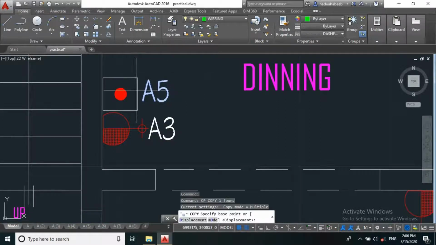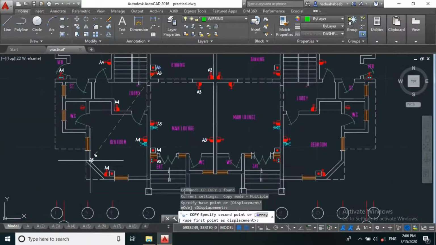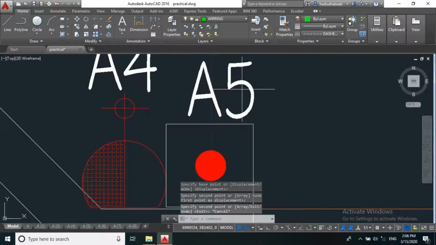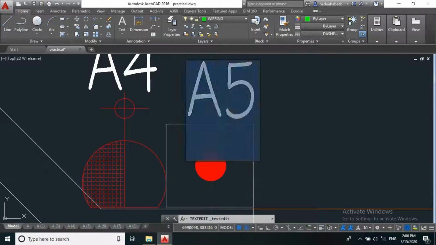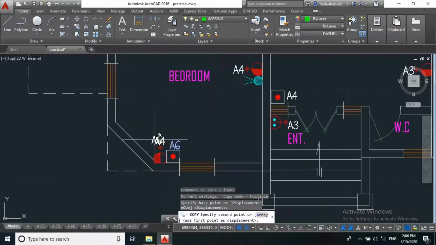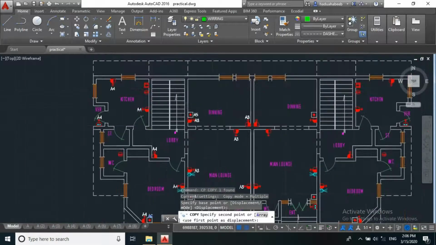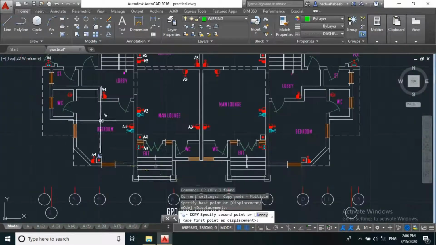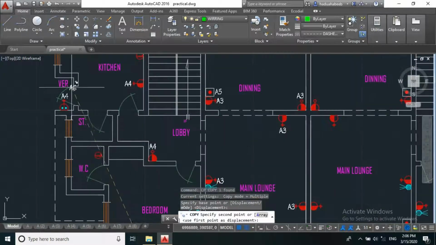Let's call this A6. So that's all for the ground floor. Let's proceed to the first floor.